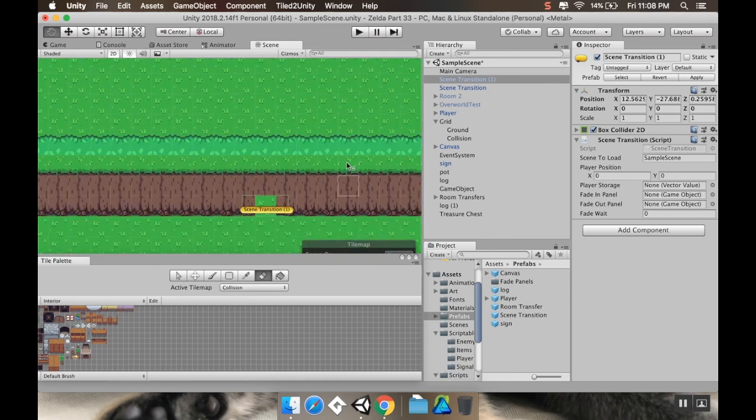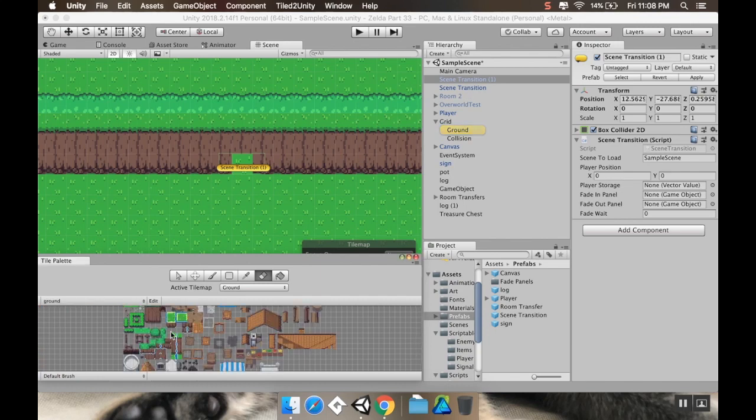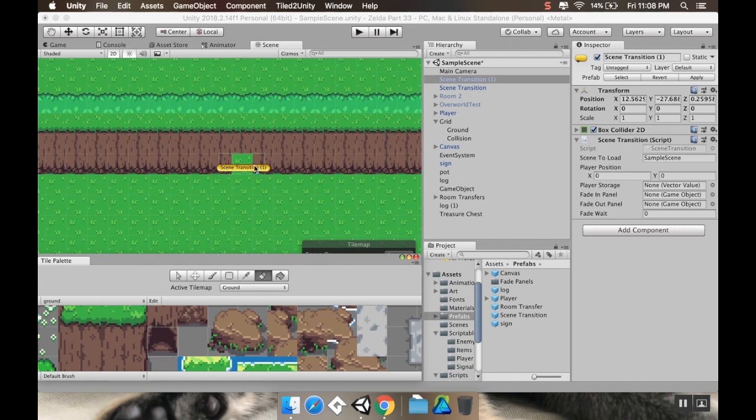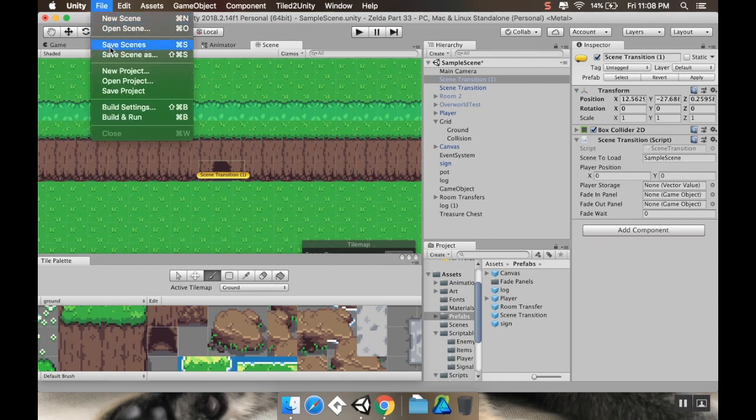Yep. Now I'm going to put that little door on my ground layer. So I'm going to go to my ground, and I've got this little door right here. Brush. There we go. Okay. So now what I need to do is I'm going to save this,